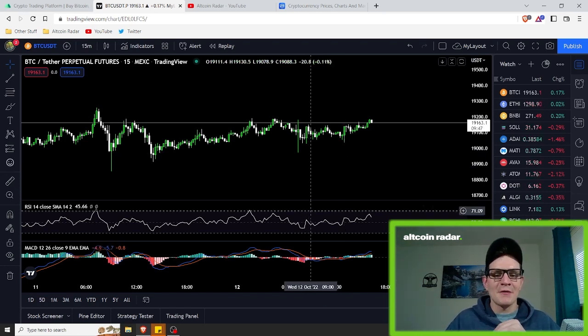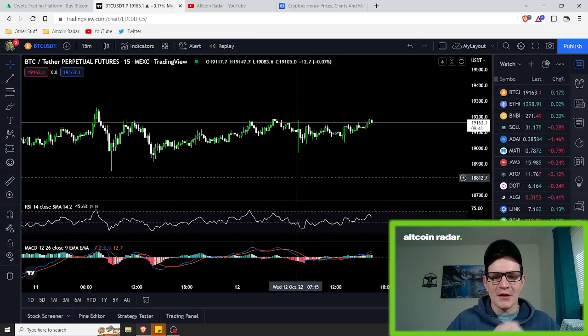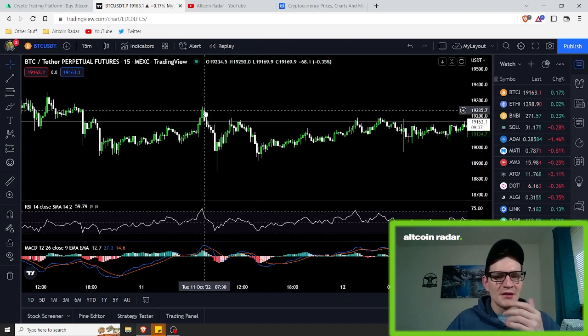So keep that in mind as well. The bigger these bars are, the better. The more volume there is in the market, the better, okay? Obviously, that's common sense. So realistically here, you guys, if you were shorting the market as well, again, right